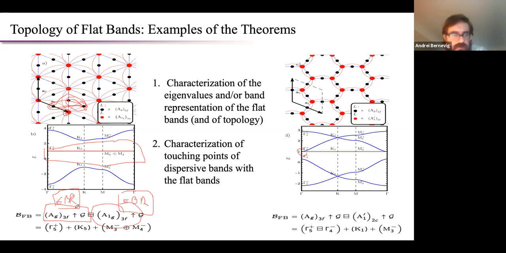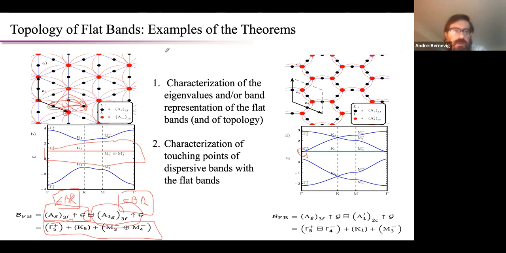You can have them tabulated now with the crystallographic server, and you take this difference and you find these eigenvalues. Okay, and then any model you're going to build that has this S matrix construction, you can put in next nearest neighbor hoppings. You can put in any types of hoppings you want. Okay, you're going to get this flat band, and it's going to have the same eigenvalues. The dispersion is going to be a bit different, but it's going to have the same eigenvalues.